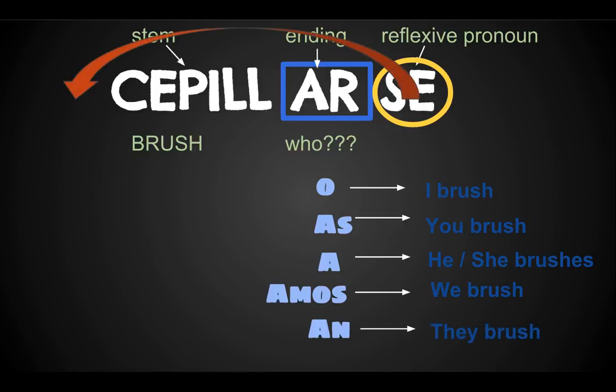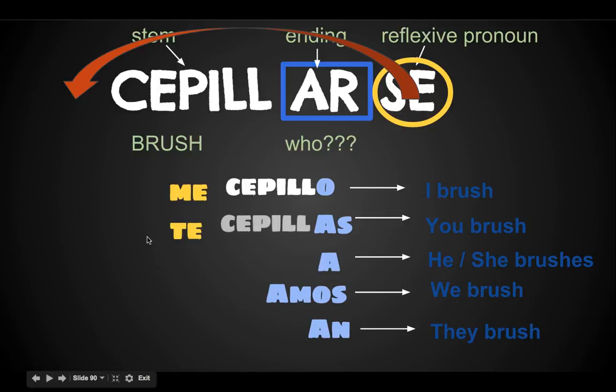Okay, now the extra part that we have to worry about is taking this reflexive pronoun, bringing it all the way to the beginning of the verb, and then changing that reflexive pronoun so that it matches the subject. Me becomes, that goes in the beginning of the verb, and o goes on the end to tell that it's I brush. So the verb, when it's conjugated, will be me cepillo, te cepillas, se cepilla,